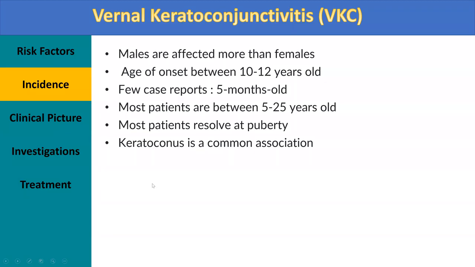However, most patients are between 5 to 25 years old, and the good thing is that this disease has a good prognosis, as most patients will resolve at puberty. Until puberty, or until the disease resolves as a natural course, we need to control the symptoms when it comes, or when the patient has an exacerbation of symptoms, and also to prevent a very common association to the